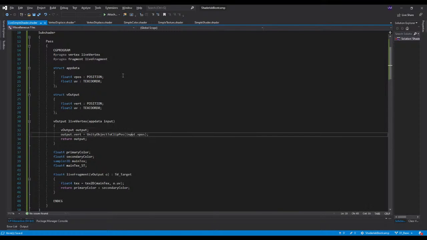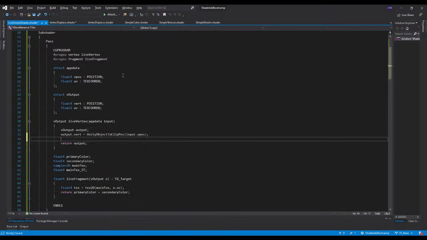And here we are going to learn one more thing, that output.uv is going to be TRANSFORM_TEX. TRANSFORM_TEX is a function of Unity's common includes, the standard library. It will transform the UV and make it show that your vertex specifically maps to that specific UV coordinate, and